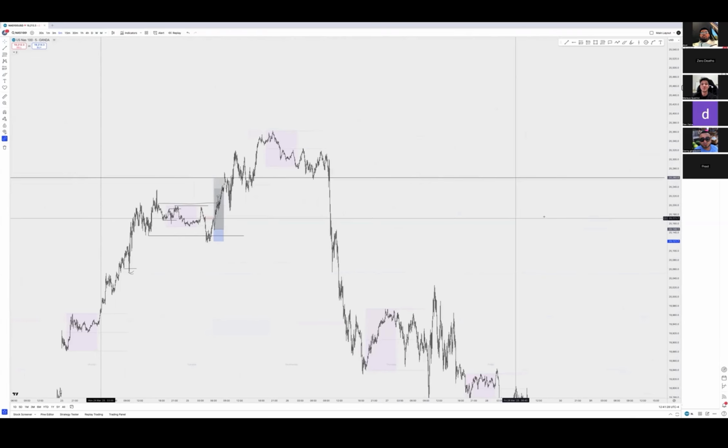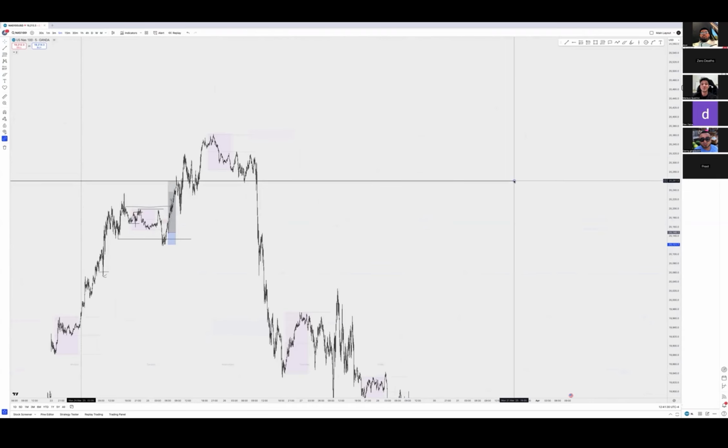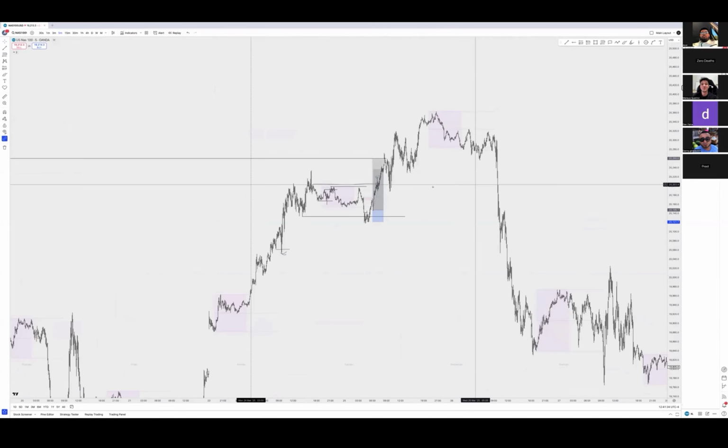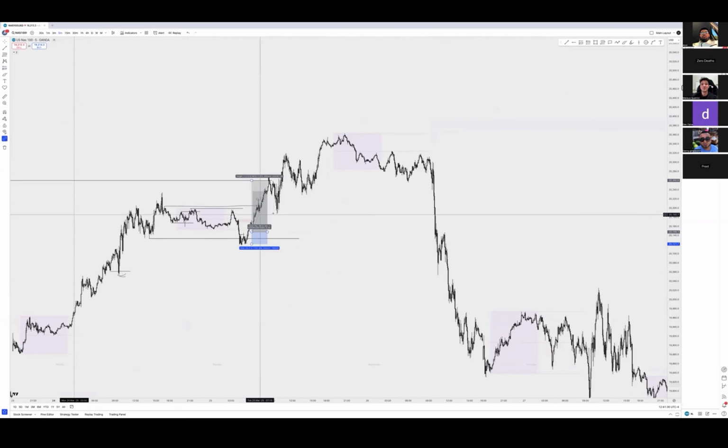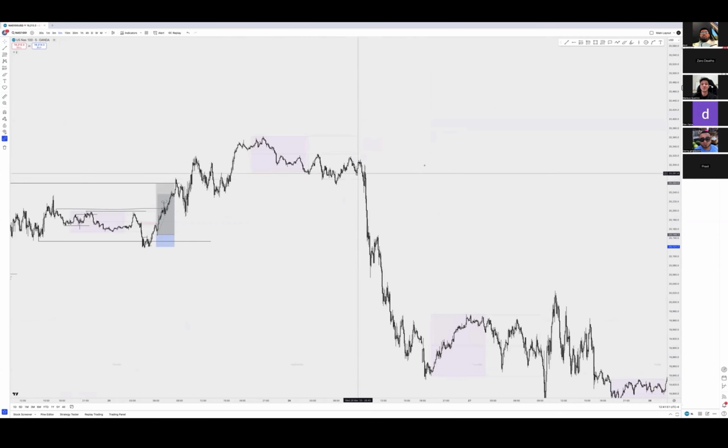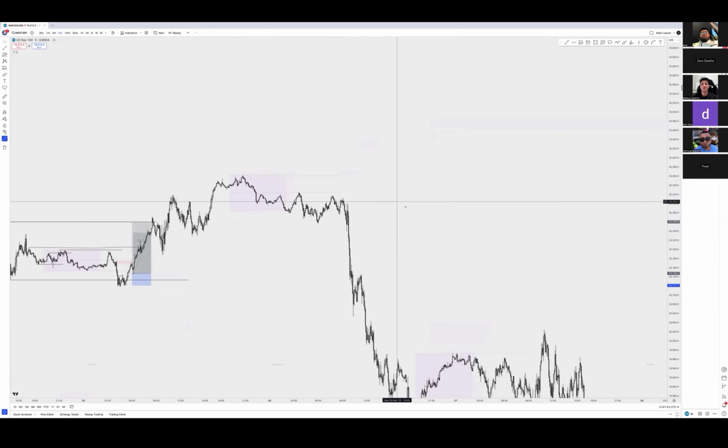Let me just, where's that line? Give me anxiety. Okay, this gets taken out. You can see it moved to the downside, takes out this low over here, moves to the upside. Honestly, New York for that day, I'll just look at it as untradeable, just my opinion. And then next day opens up, and yeah, I remember this PA.